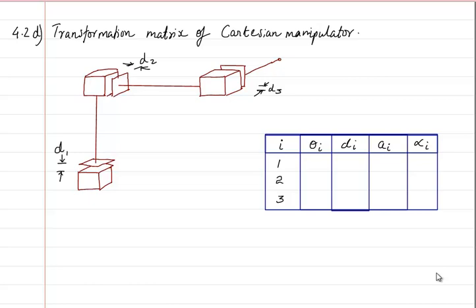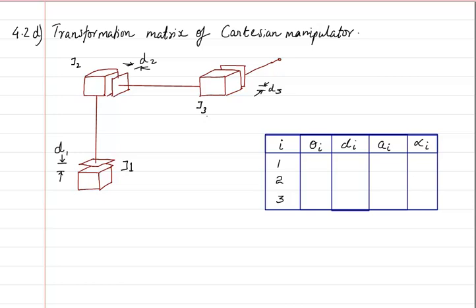Now let us look at the transformation matrix of a Cartesian manipulator using the DH convention. So we have three joints here. All three joints are prismatic. The movement of joint J1 is in the Z direction. The movement of joint J2 is in the X direction, and similarly the movement of joint J3 is in